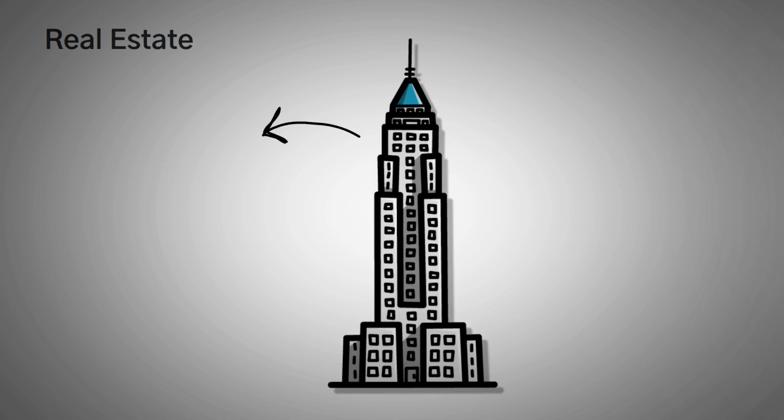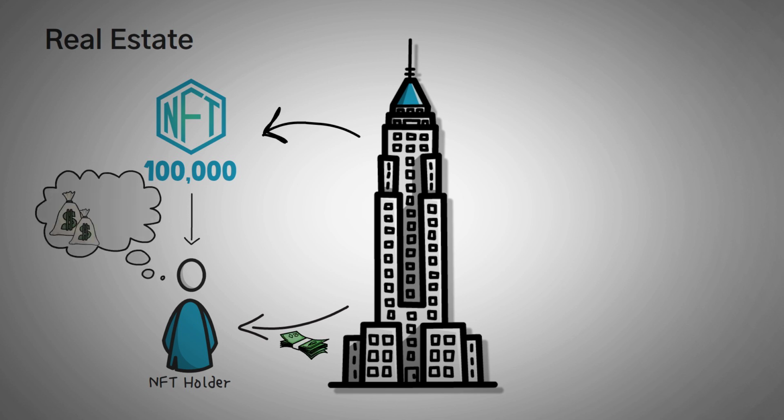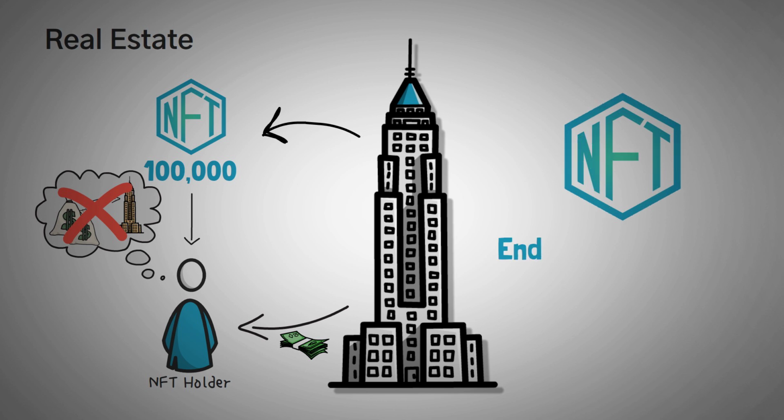Real estate is another great example. What if an entire apartment complex was turned into 100,000 NFTs? Where each NFT holder earned a percentage of the complex's profits. This way, you wouldn't need to have $100 million to invest in these high-return buildings, but could join for fractions of that. Now, I don't know if this will ever happen, but it is fun to think about the endless